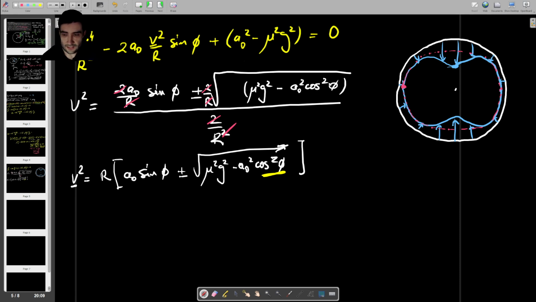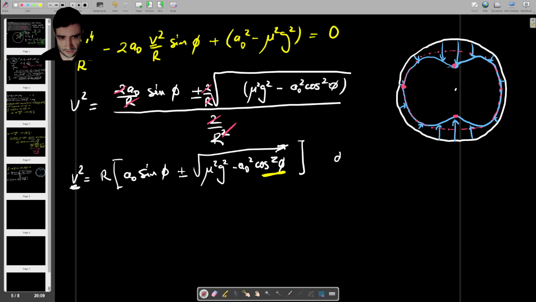So yeah, we have different maximum velocities for different angles, and out of all of them we should take the minimum one, because the minimum one is guaranteed to work everywhere. You can't take the maximum one, because the maximum one only works here and here, but nowhere else basically. So we have to minimize this function, and the best way to do it